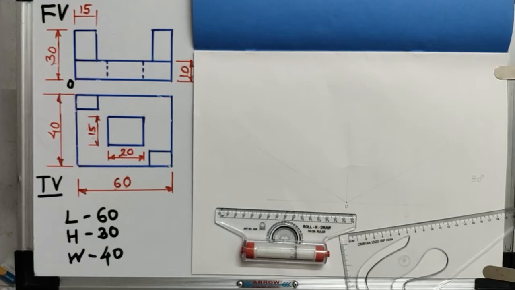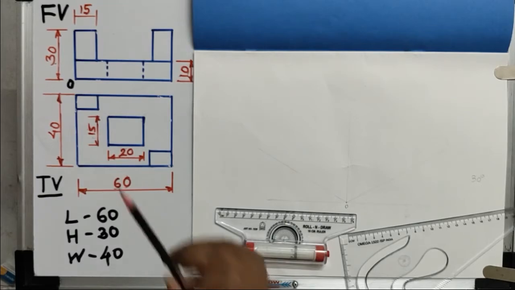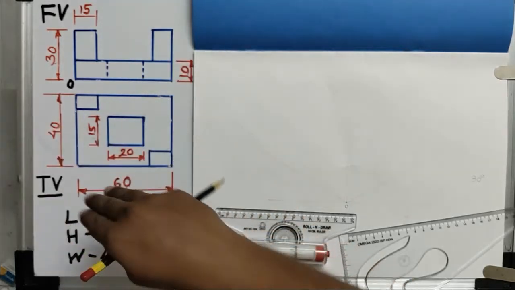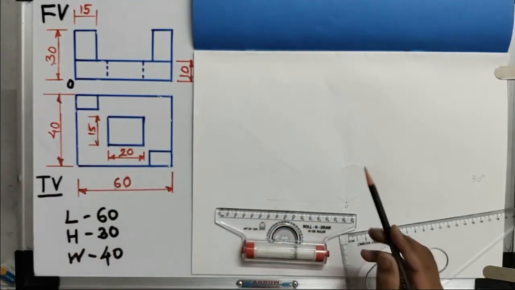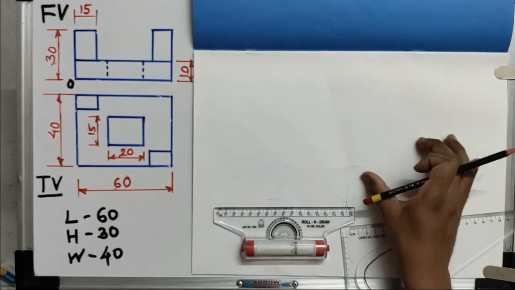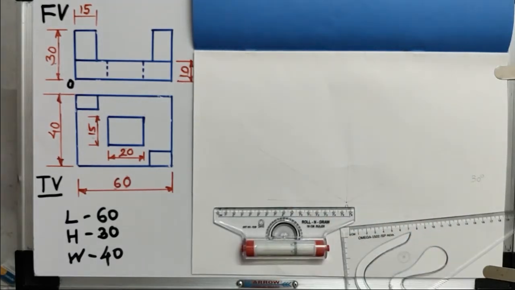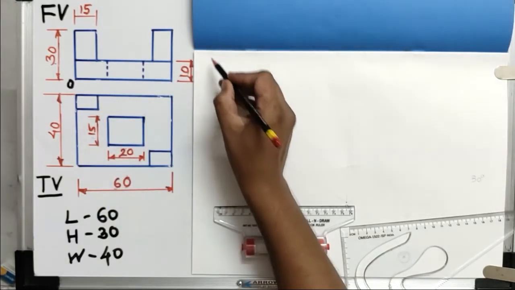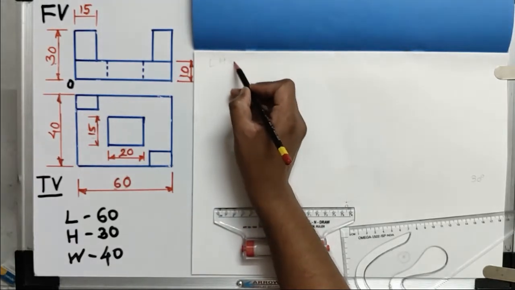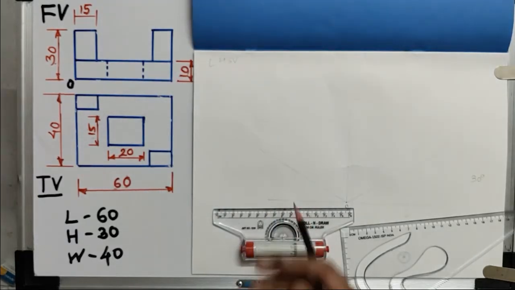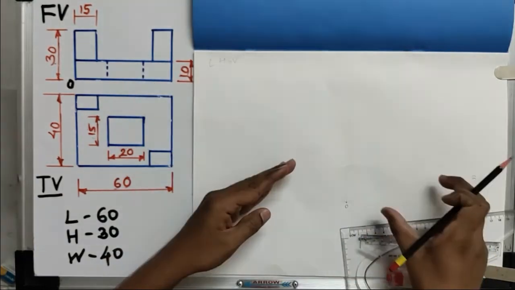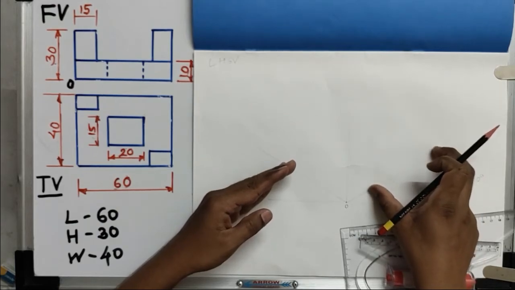Now the next step, after locating these three axes, is to decide from the front and top view whether we have to represent the front view structure, which is somewhat like a capital C alphabet tilted by 90 degrees in the anti-clockwise direction, towards the right side inclination line or the left side inclination line. It is easy to decide if the side view is given. Suppose for this numerical the left hand side view is given along with these two views. Then it will be very easy to identify that the left hand side view will be visible from the left side, so the front view goes towards the right side inclination line. Okay, that is a simple rule.